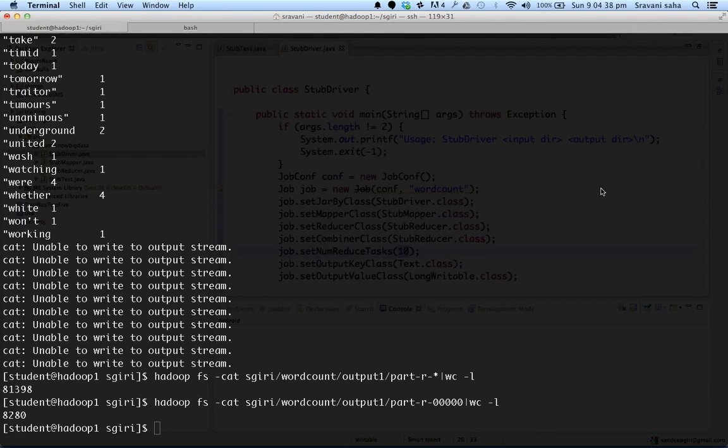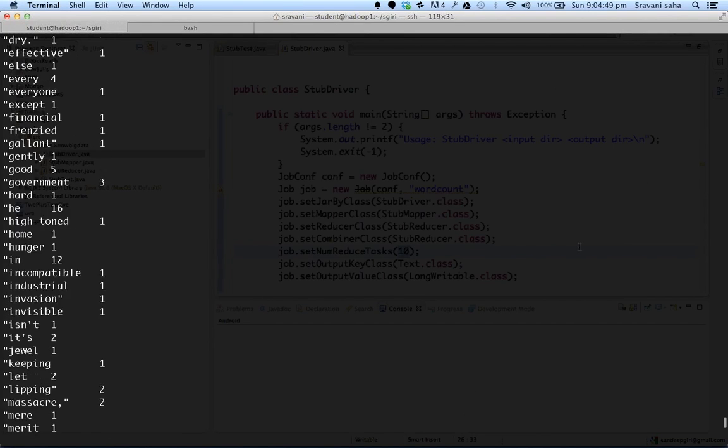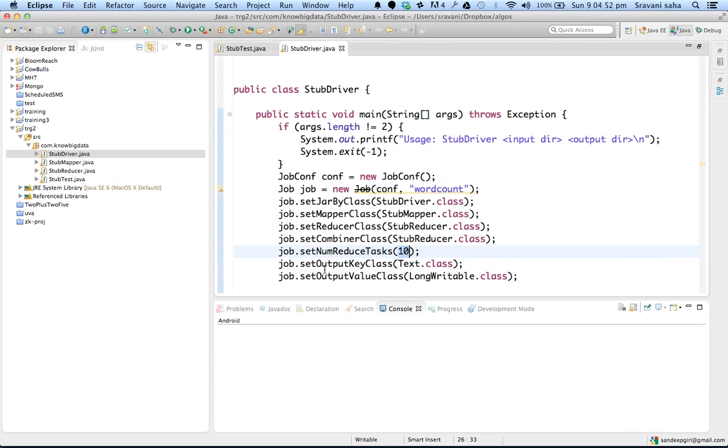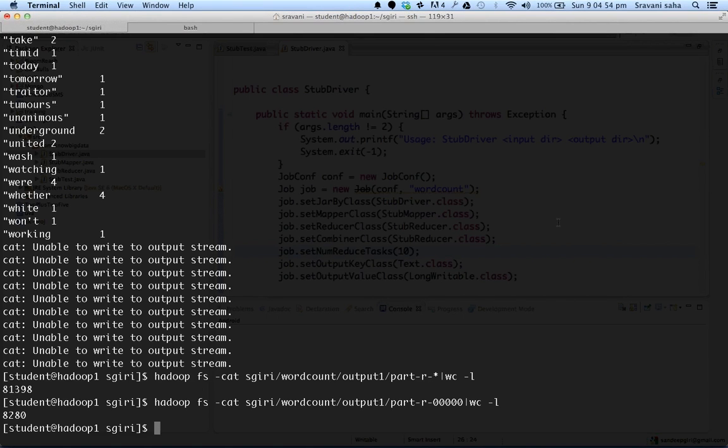Good. So Ishwar is asking how do we verify that the output is correct or wrong. That's actually a very difficult question to answer. The way we verify the output is you should have a smaller output handcrafted by you. So the way I would do it is I will take, for example, this output line as is and print it into the file a million times. Say I just take these words,